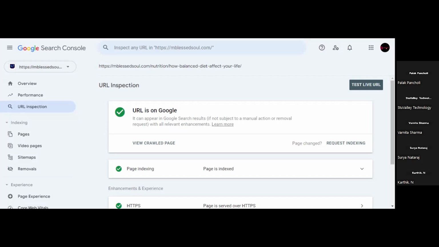Yes, ma'am. See, the robots.txt file is a file where we update the URLs of our website that we want to crawl or that we do not want to crawl. For example, there are some pages on our website that we want to rank, right? And some pages may not be completed. We want to update some more content on those pages, or there may be some pages like the admin page.